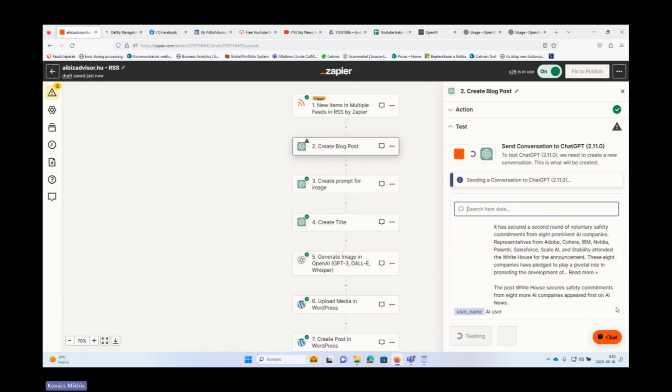However, as I told you earlier, if you want to have really proper result, then ChatGPT-4 is recommended. So let's wait a few seconds. It's gonna take some time, but hopefully very soon we will get the results here and we can check it together. Yeah, it will take some time.